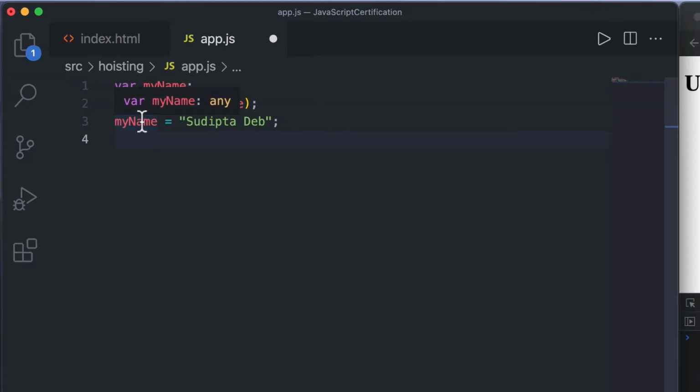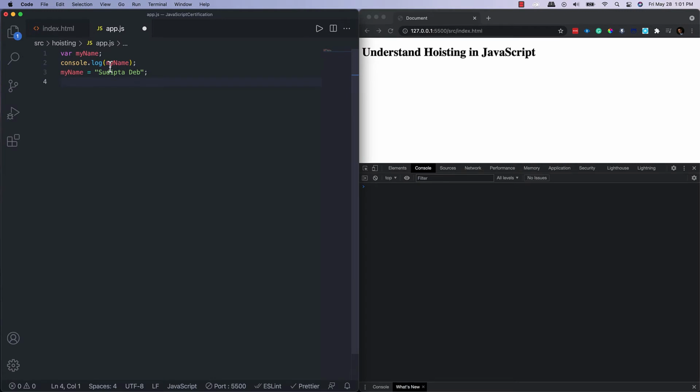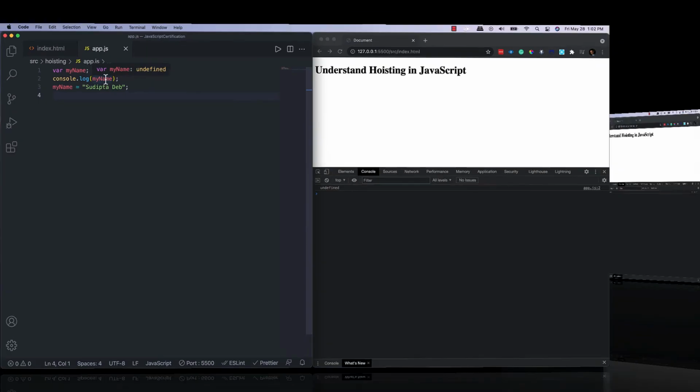Now what do you think will be the value in this console.log? If I save, you can see the value of the console.log is undefined. The reason is that this var is declared here, but it is not initialized. That is why, when we try to refer to that variable in the console.log, we get undefined.